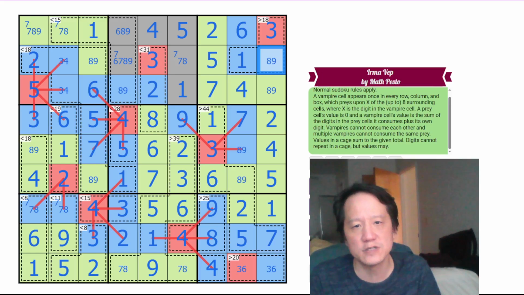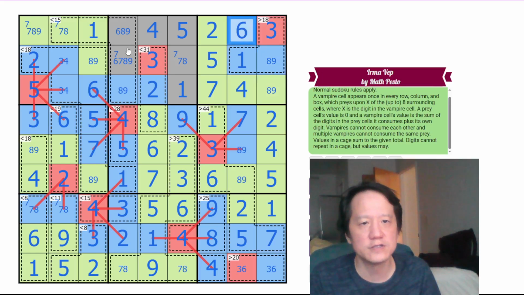This can't be 6. This 6 eliminates 6 here. Well, the 6 has to be the one that's not preyed on here. So this is not preyed on, this is not preyed on, so this is 7. Which means this can't be 7. This has to be preyed on here. So this